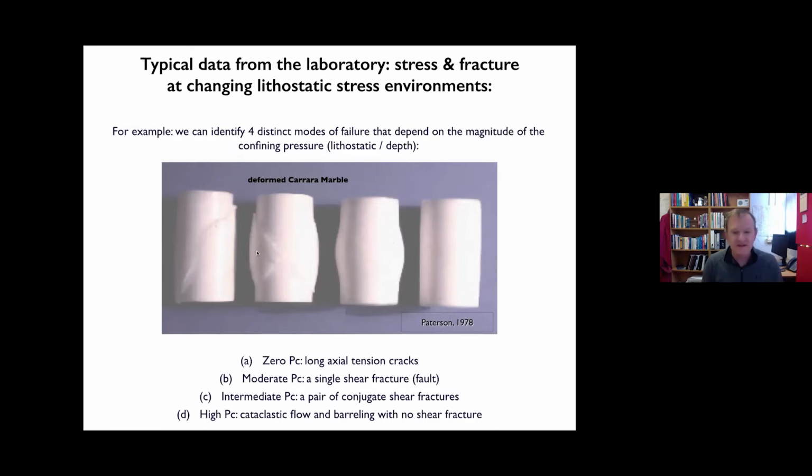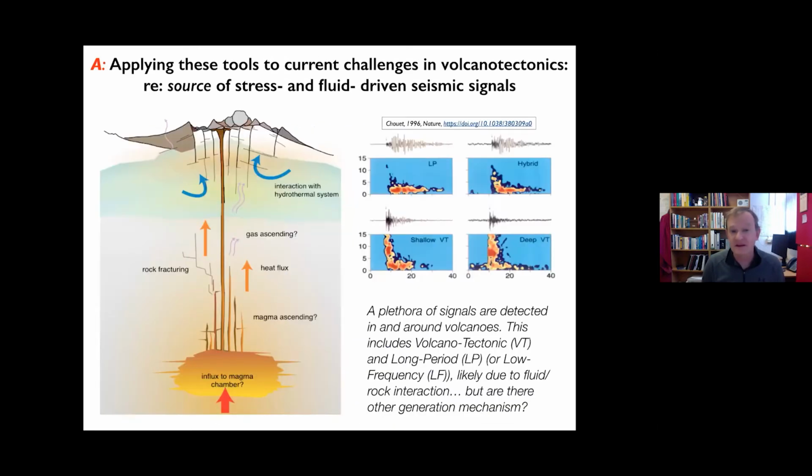So we can do all these things on our volcanic system to understand a little bit more about what makes volcanoes tick. So essentially this is the answer, the tool that I've been applying to these kind of problems, and to understand in particular the different sequences of signals that are produced from active volcanoes under different conditions. So on the right hand side, to give you a little bit more background,